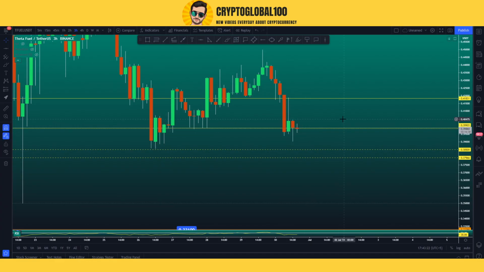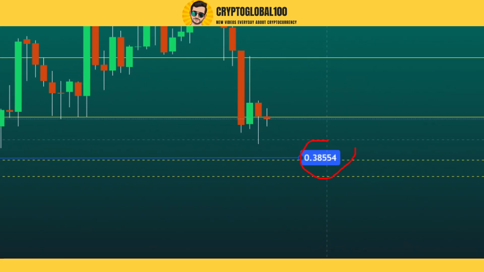It can be tricky, but I would place my orders around this area. Let me show you this one. I would place my orders around this area. These are the buy orders. I would be waiting for this candle to test this area, and once it gets filled,